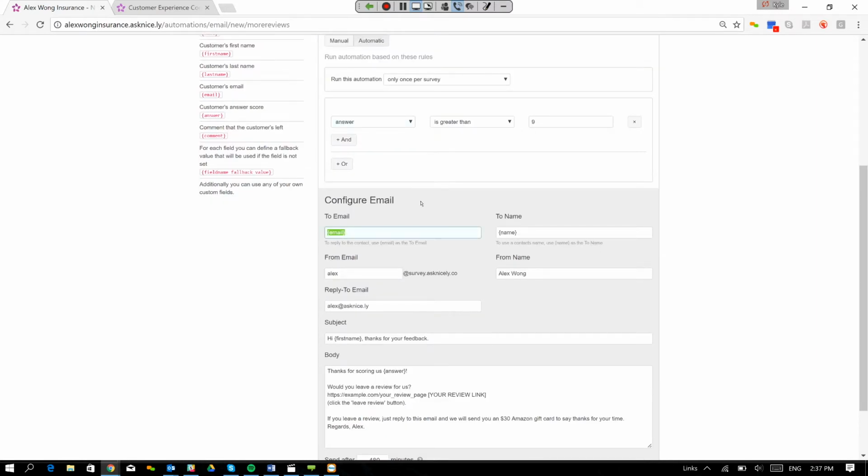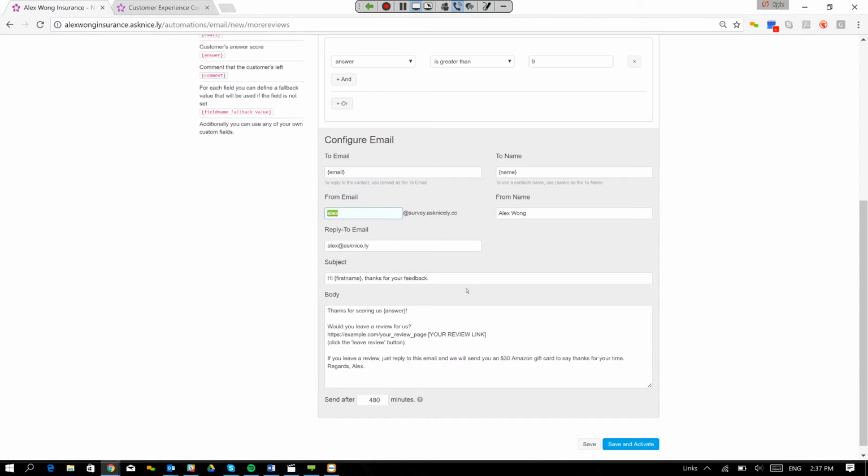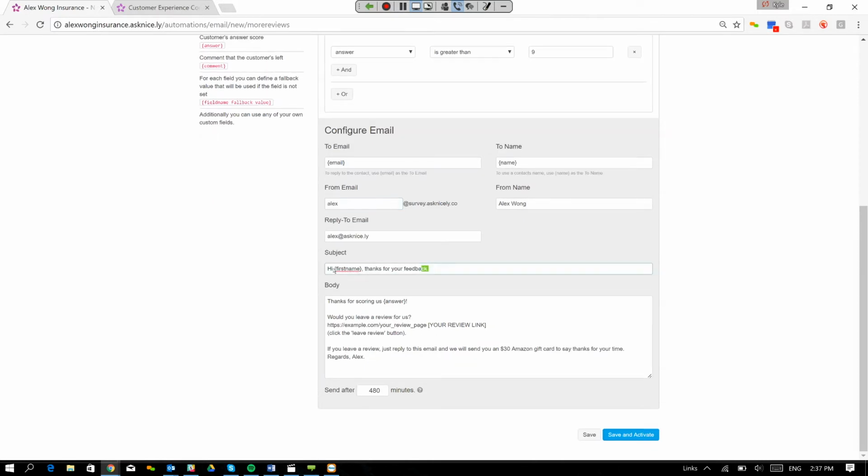Additionally, you configure the email. So in this case, it's going to go to your customer. You just leave that alone. It populates their name. It's coming from the agency manager, branch manager, or account manager, depending on how you want to present that customer with the survey. And then in this case, a pre-populated or preloaded question personalized to that experience.